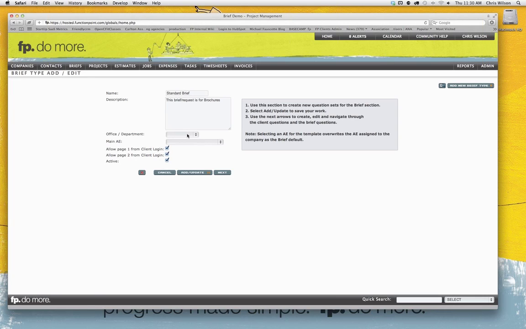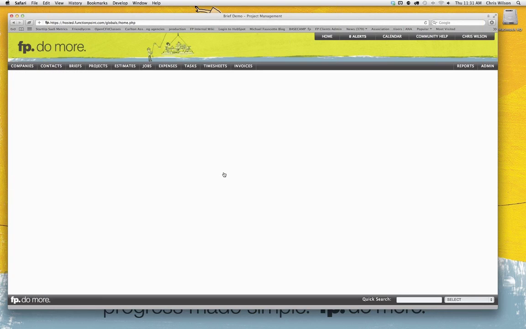You could fill in the brief name that you wish, put in a description. You can, if you're working with multiple offices, relate this to a specific office. And you can also assign a particular account executive to receive information from any submissions that come off of FP Portal through this. You can make this visible to FP Portal or not. And fundamentally, you can also make it inactive so that it's not available in any drop-down menus. We've got some great instructions here for completing this information. You should find it pretty straightforward.